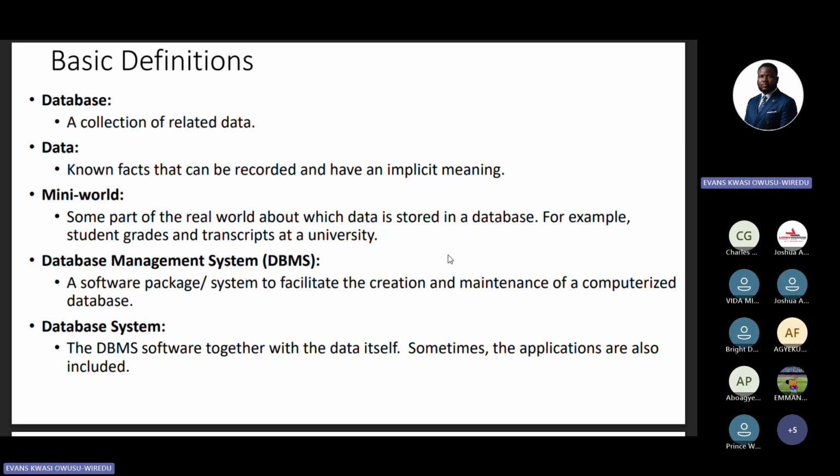Who maintains the database system? Whose work is it to maintain? Is it the work of the? Okay, let me just keep quiet. Can someone answer that for us? Whose work is it? I've been talking for a long time. I want to ask some questions. I want to know if we are following. Anybody?